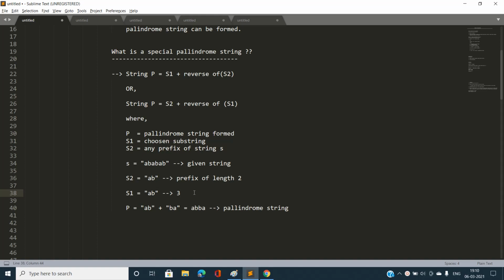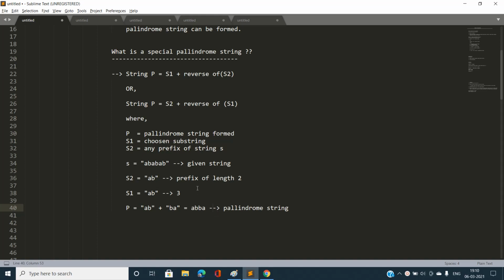And if we append this string of type ab for all the substrings, then you can see the final string formed according to the above rules, that is s1 plus reverse of s2 or s2 plus reverse of s1, will be a palindrome string. So this gives us the idea that we need to find, for a given prefix, the total number of substrings matching the chosen prefix string. And we are going to sum up all these answers for every prefix.